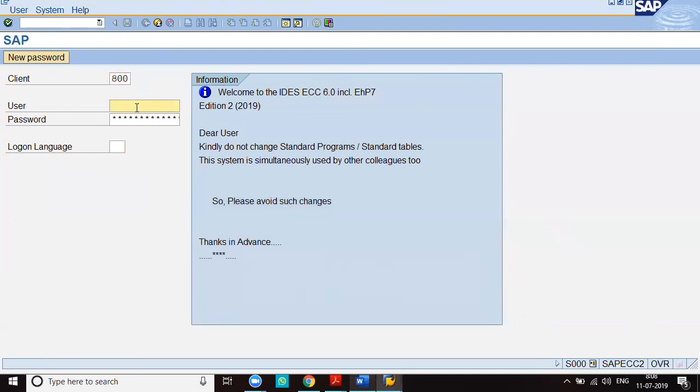Then next, user. The employees of the company using the SAP software are called users.